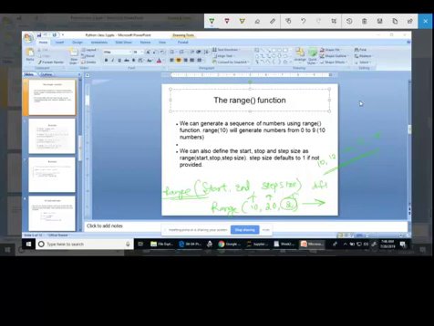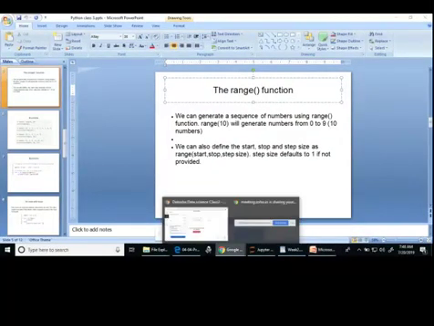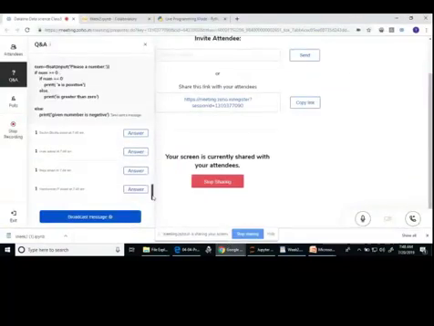Understood or not understood? Range function. If you have understood, give me 1. Okay. One more thing, the range function here is very similar to